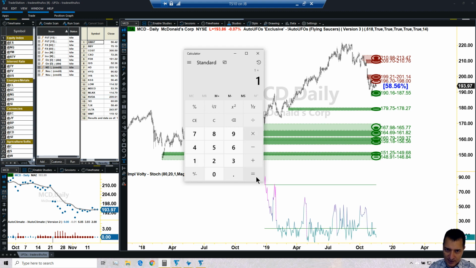So 1 times 0.0761. 0.0761 is 7.61%. Another way to do that is 7.61% divided by 100. That's 0.0761. So this times 1, that's the amount of movement expected for the stock times its price, which is 193.86. In other words, that stock is expected to move either up or down $14.75 in 1 year. And again, this is not accurate, and you should not use that for a prediction, but